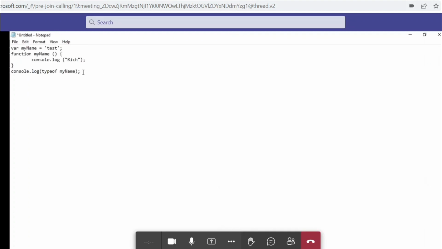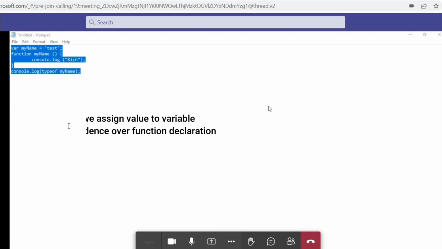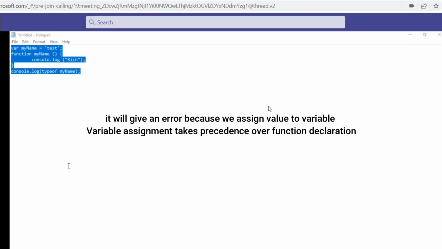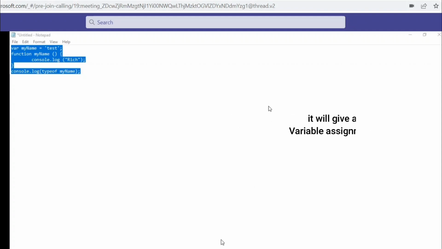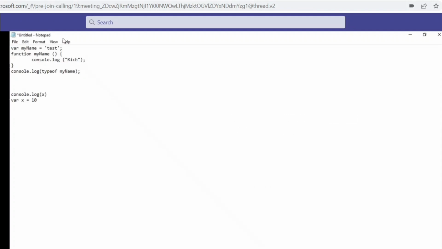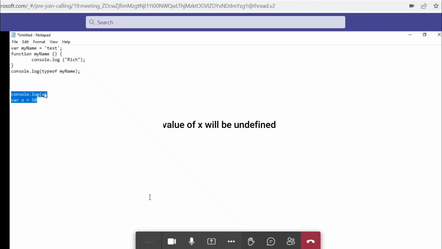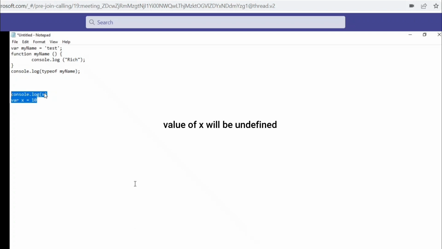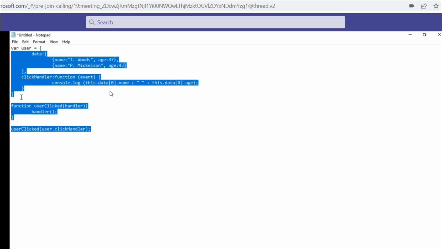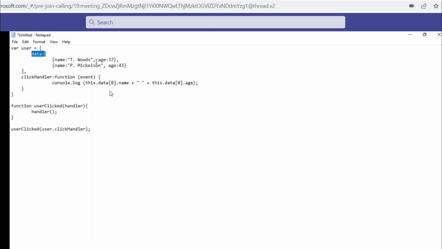I'm writing down this code. What will be the output here? So I have a user object in which I have a data property of an array type with the names and a goods object.